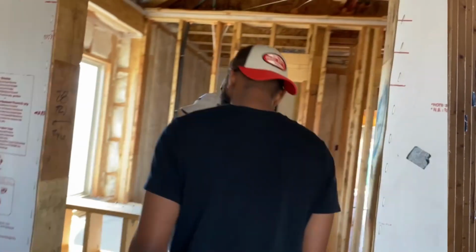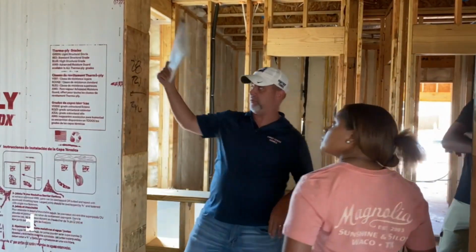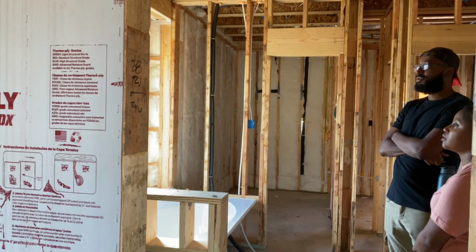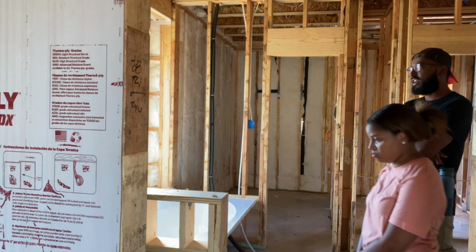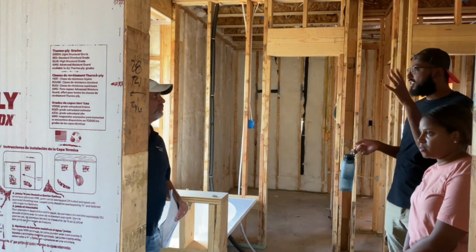Okay. Alright. Of course, we're missing a shower head. Shower head is supposed to be right here. Yes. Now, to that point, when it comes to a shower head, does it have its own line? Is it split from the same? How does that exactly work with the second shower head? It should have its own line. Gotcha. Okay. So it won't be like weak, taking from...